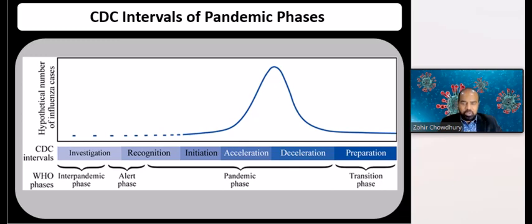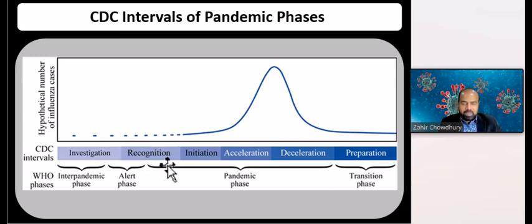Similar to the WHO, the CDC in the United States has published the Pandemic Intervals Framework, which describes the progression of an influenza pandemic using 6 intervals: investigation, recognition, initiation, acceleration, deceleration, and preparation. In this figure, at the bottom, you can also see how this level corresponds to the WHO phases that we just discussed. The investigation interval begins when cases of infection are identified in humans, whereas in the recognition